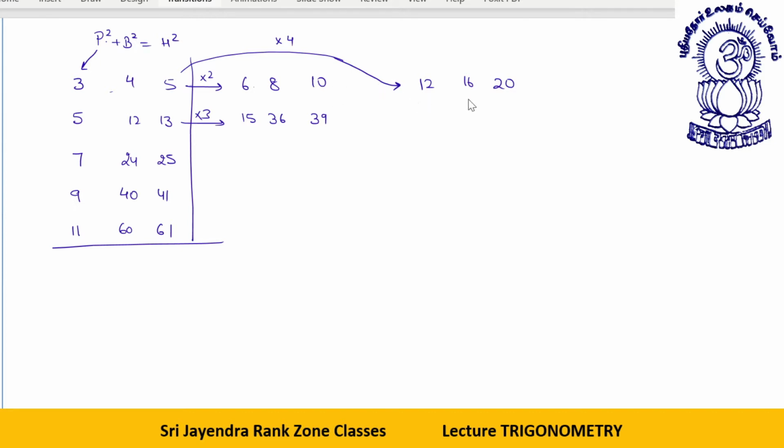Now, one thing, these are related to odd triplets. Now let me talk about even triplets. Let's start with some even numbers. So how to start with even numbers? Let's say I take a number 4. You have 4,